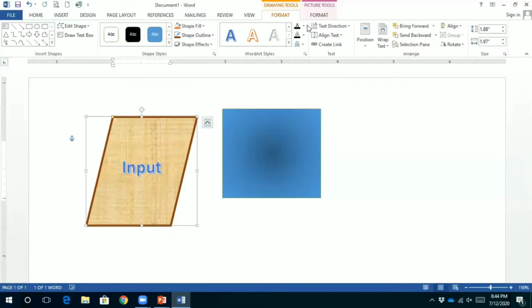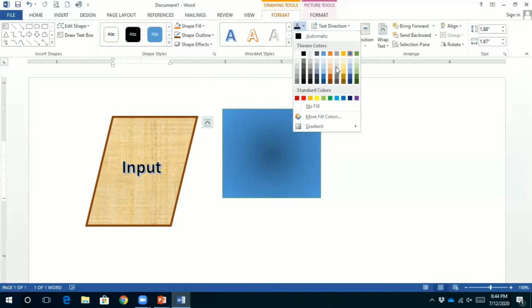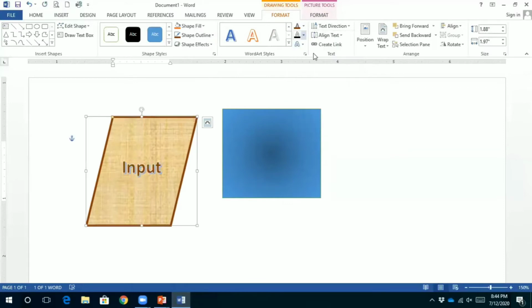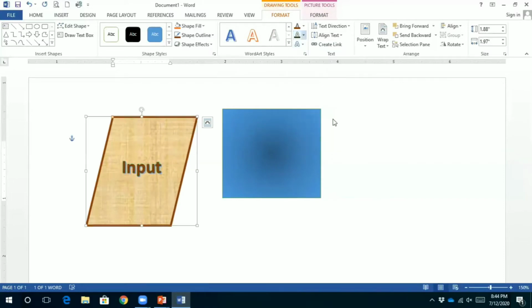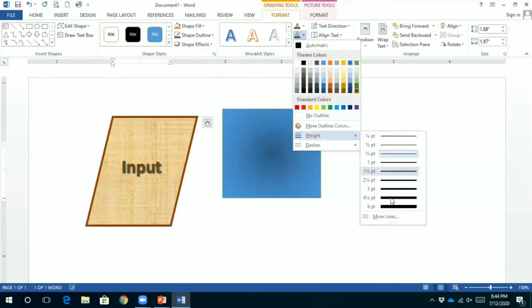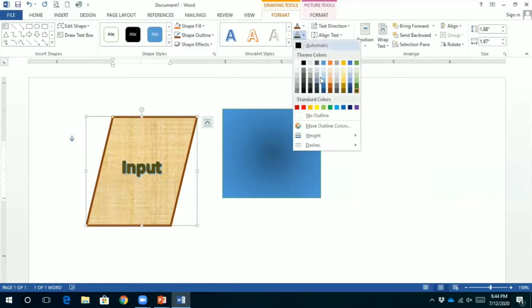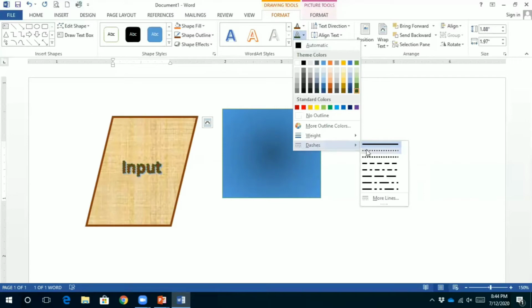Now if you want to change the color fill inside the text, you can also change the same. Likewise, I have changed it. If you want to change the outline of the text, you can also change the outline color. For example, I have applied this, and if you want to change the weight of the outline, you can change how much as per your requirement. After this, we have one more option. If you want to change the outline style, you can change the same.